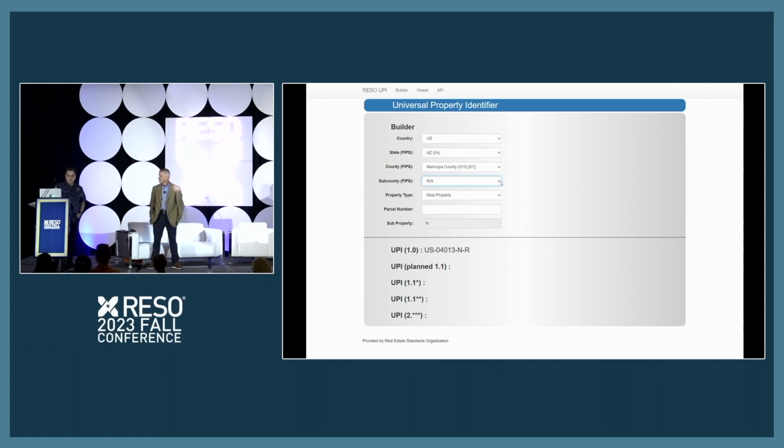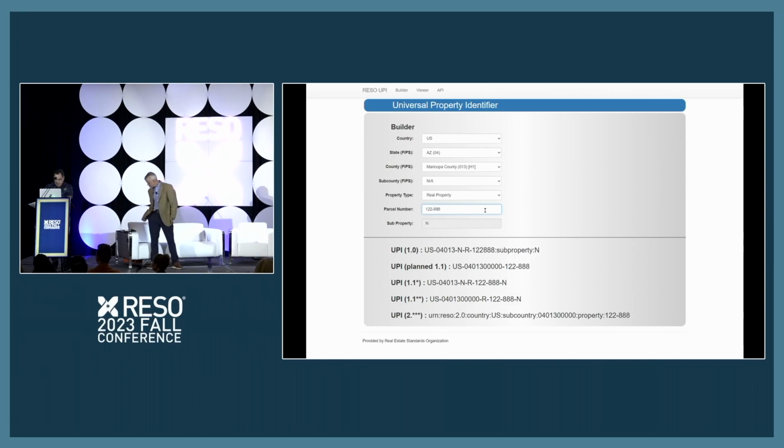And this is documented in the ANSI FIPS, which counties, or which sub-pieces of a county, have that authority delegated to you. Matt's going to talk to you in a few minutes about one that doesn't play so nice that we still have to deal with. And then I'm going to put a property number in here, and I'm going to throw in the dashes to illustrate what we are really referring to here.